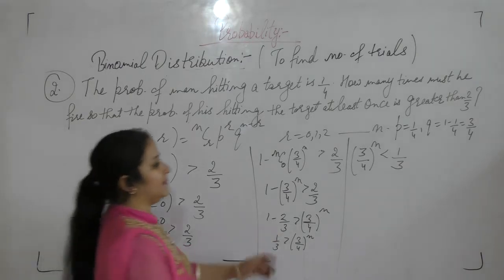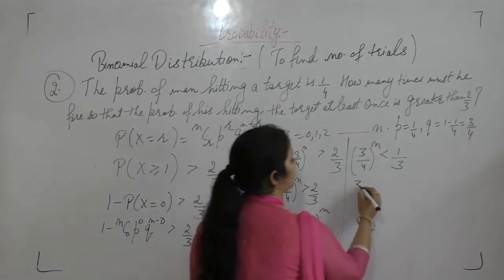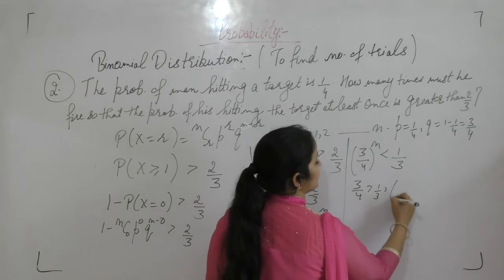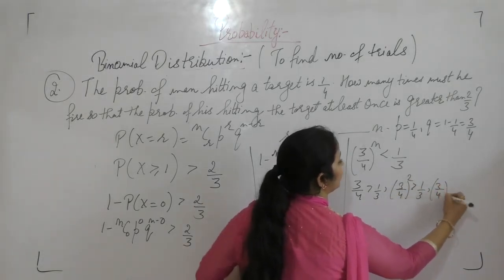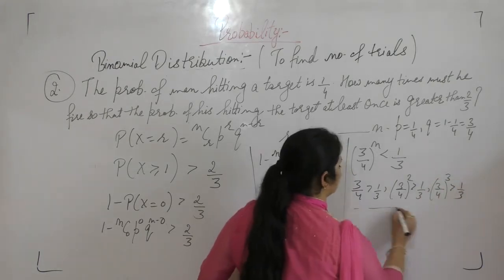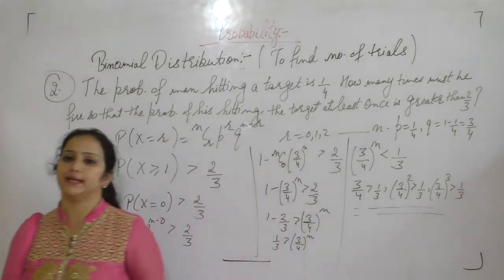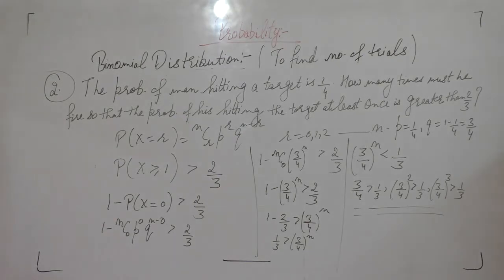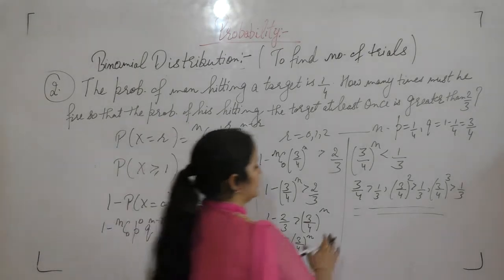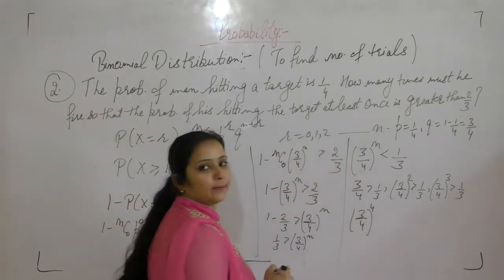Now clearly 3/4 is greater than 1/3. So (3/4) squared is also greater than 1/3, (3/4) cubed and so on. All the terms when we put n as 1, 2, 3 and so on, all these terms are greater than 1/3. But when we put n as 4, (3/4)^4,